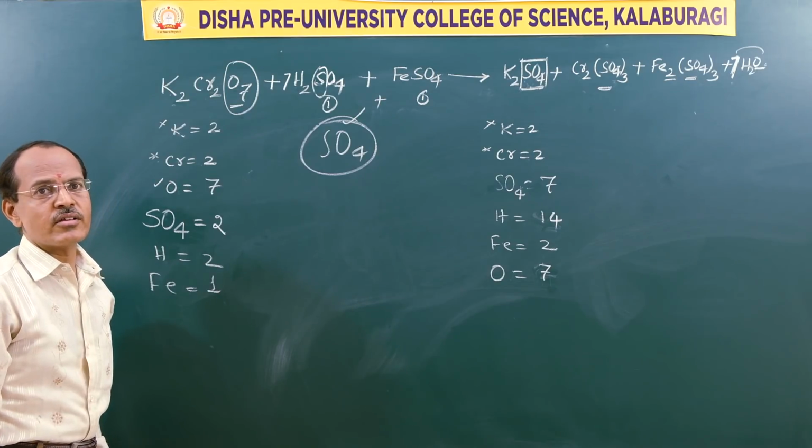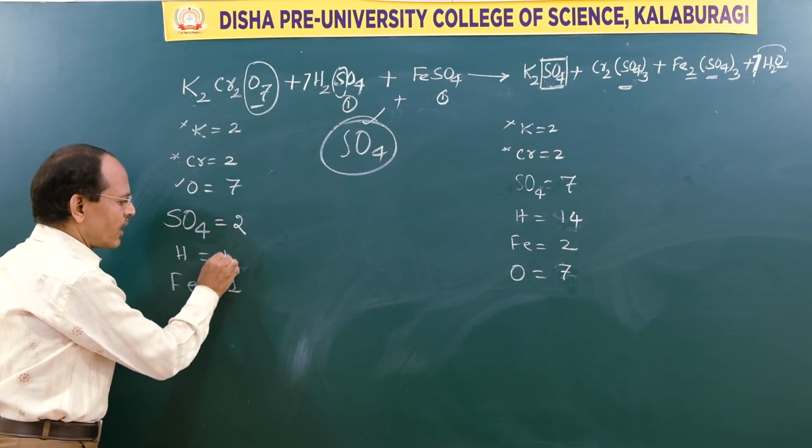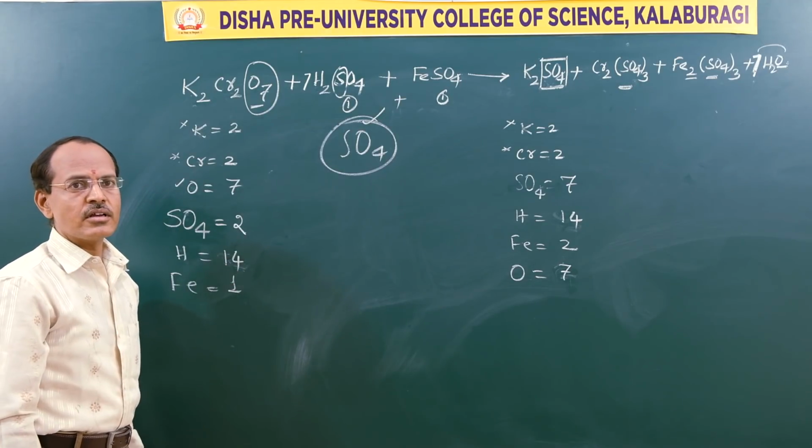Minimum I should go with 7. So that means 7 twos are 14. So hydrogen is also balanced. Now